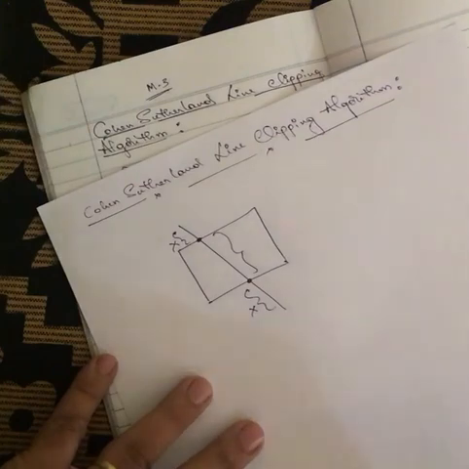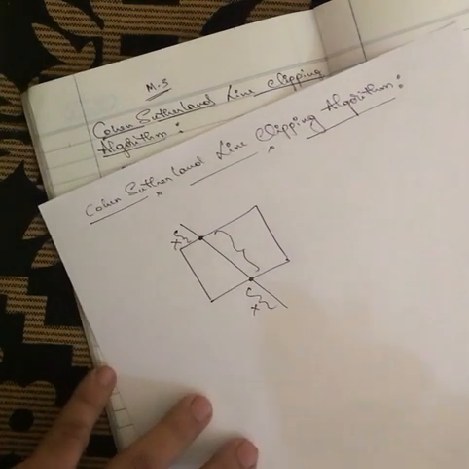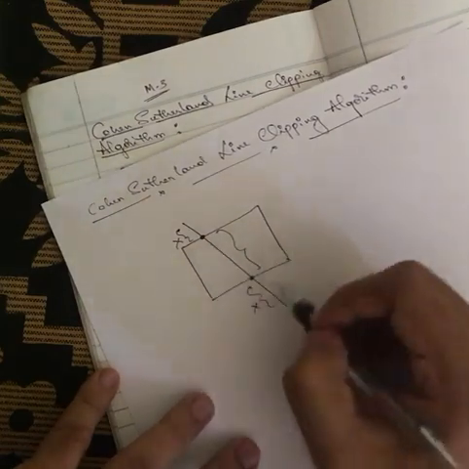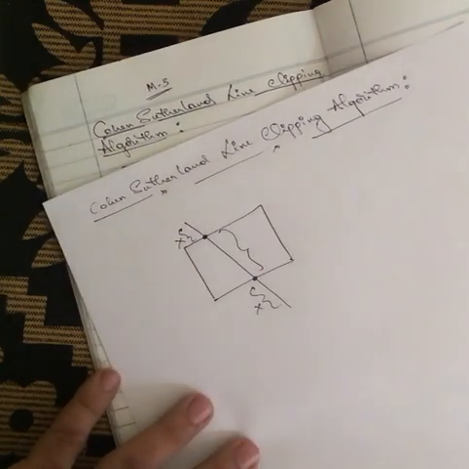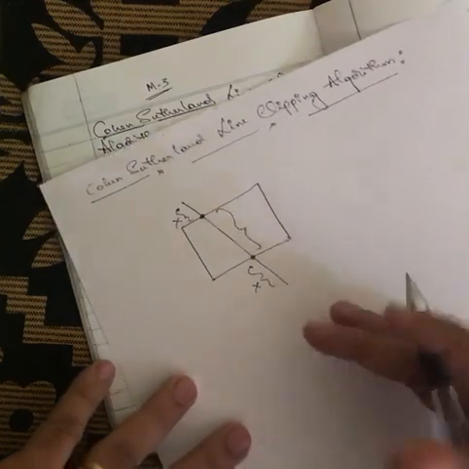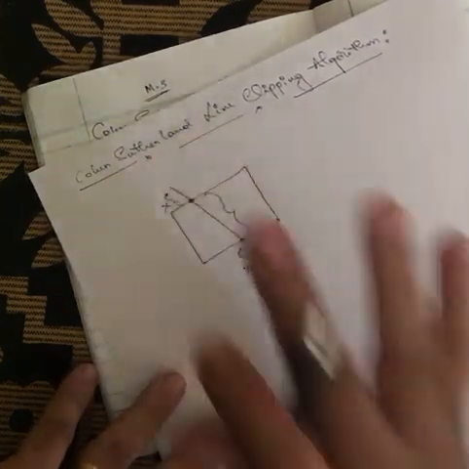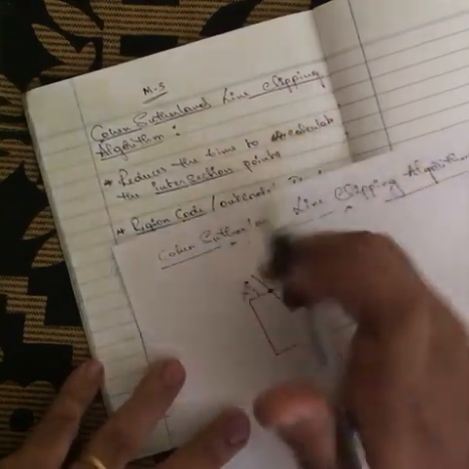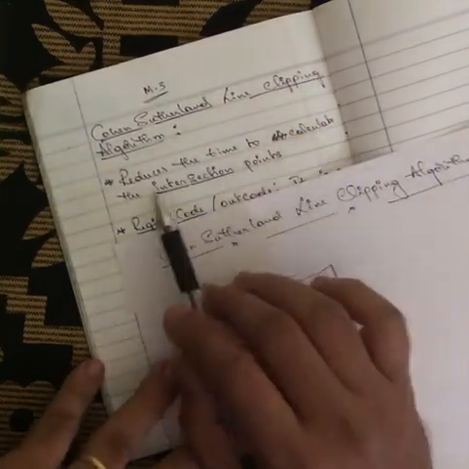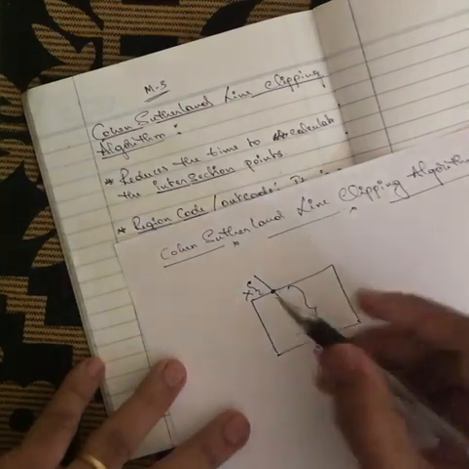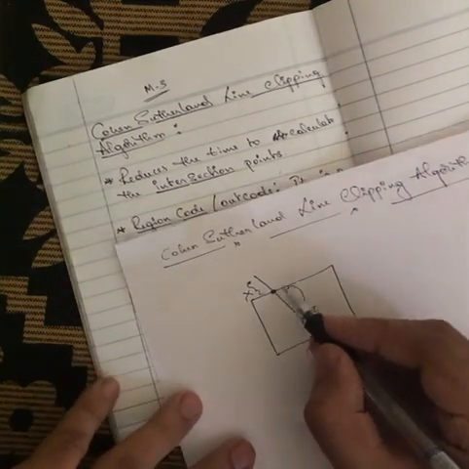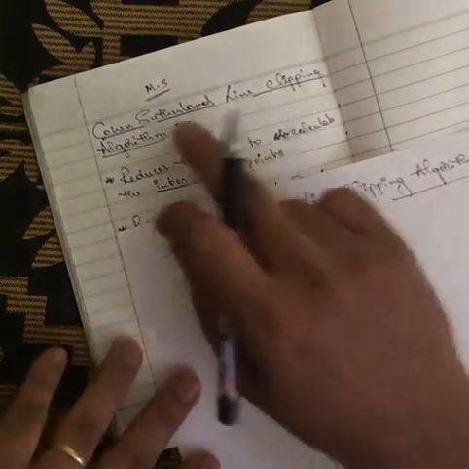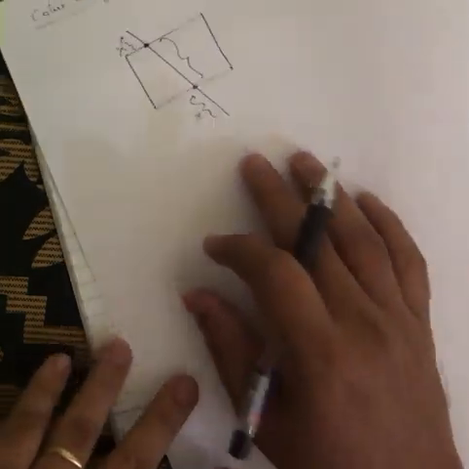Now we'll talk about how the Cohen-Sutherland is going to be done. Every time you find the intersection point, you have to do much more calculation, and the Cohen-Sutherland line clipping algorithm will reduce the calculation. It reduces the time to calculate the intersection point. Every time you have to calculate the intersection point, you have to do some calculation, and that will be reduced by the Cohen-Sutherland line clipping algorithm.